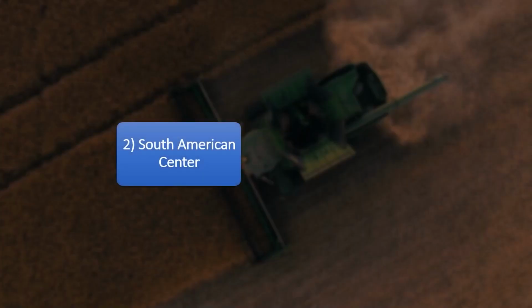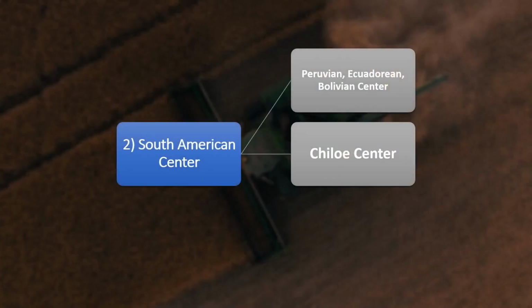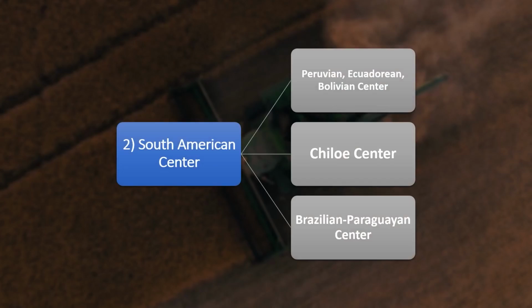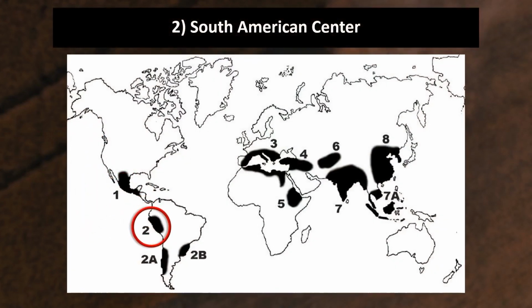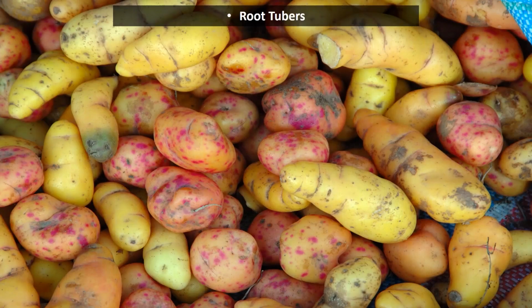And coming to the second center of origin is the South American center. It has listed about 62 plants and 3 sub-centers. That one is the Peruvian-Ecuadorian-Bolivian center. That is the origin of root tubers, like the Indian potato, the Andean potato and other endemic cultivated potato species, and 14 or more species with chromosome number varying from 24 to 60, and then edible